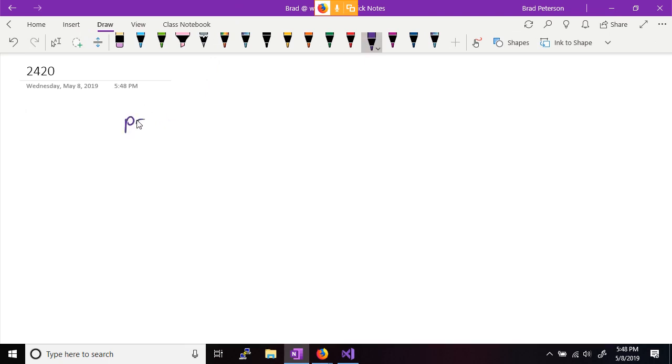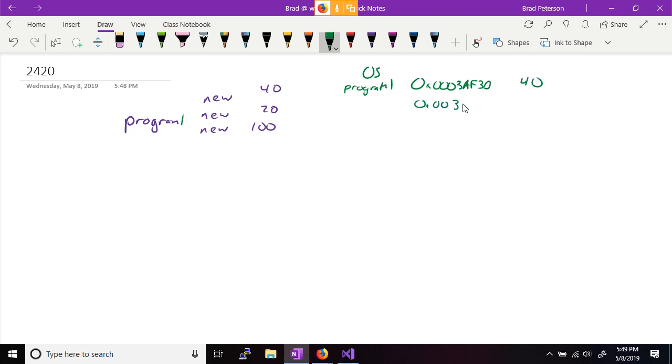So if you have your program and it makes a bunch of requests in heap, let's say new, I want 40 bytes, 20 bytes, 100 bytes. The operating system will keep track and say, oh, well, this program, we'll call it program 1. Program 1 at this address, well, let's actually give it a real looking address, has 40 bytes. At this address, there's 20 bytes, and at this address, you get the idea, there's 100 bytes. So when program 1 closes down, the operating system can say, oh, well, this program is done, but it had all this memory set aside that wasn't freed, so the operating system can give that memory